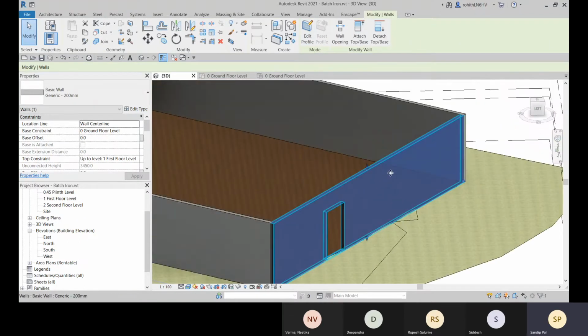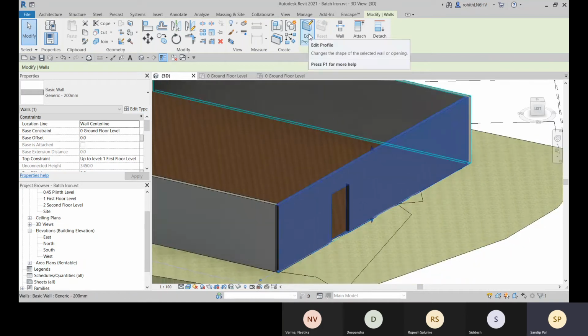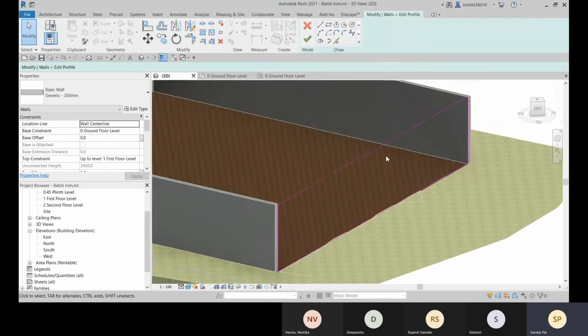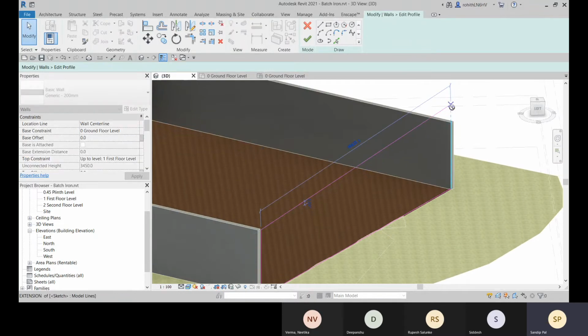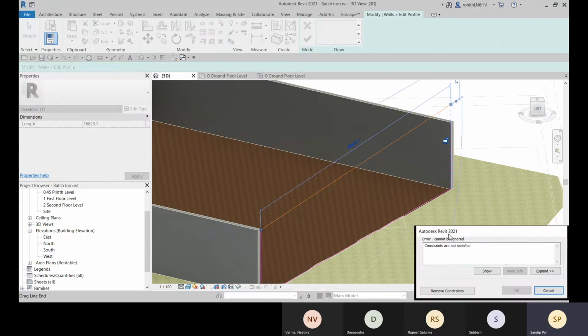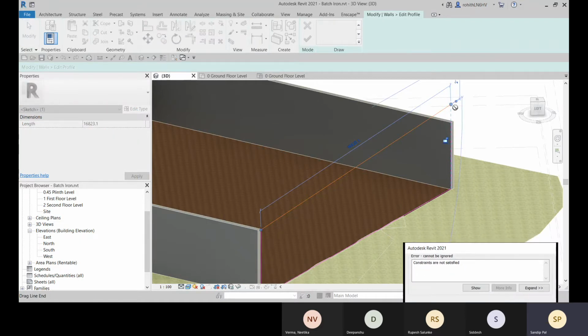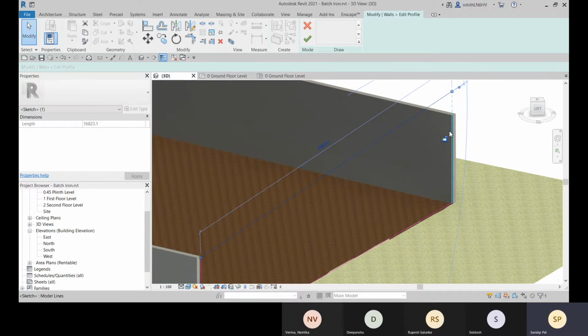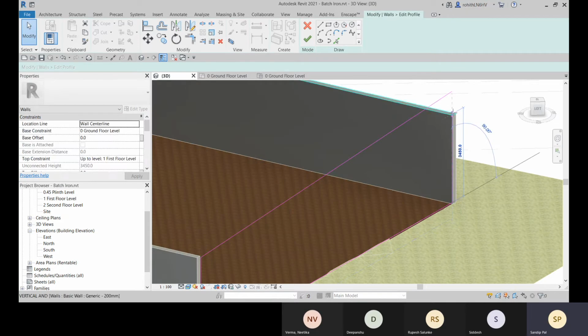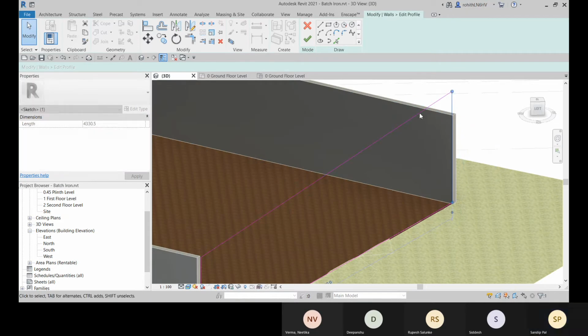Right now you see that this is the profile, the rectangular profile. If any changes are needed for the wall profile, you can go with this edit profile and you can make some adjustment, like you need a slope to this side, or anything you want to change. Go for remove constant. Previously it was constant, and now make it.